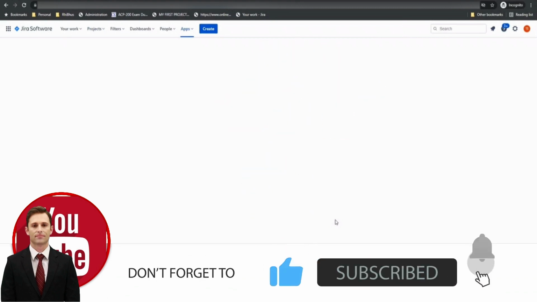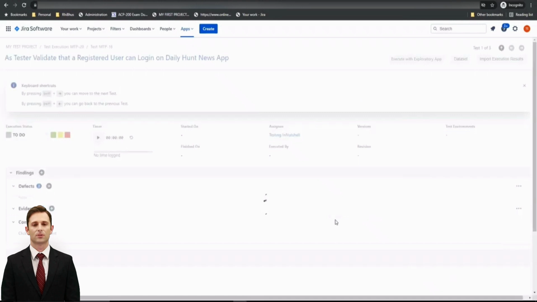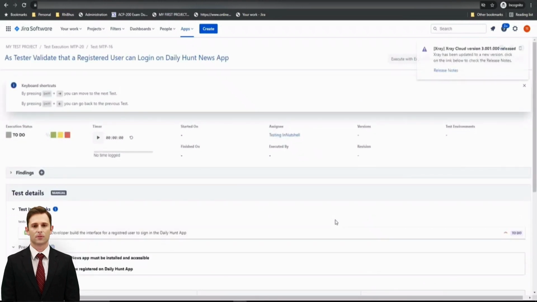completely different window, which is the Xray Executor. And this Xray Executor window will give you the interaction and the interface which you need for running a test. Now that's the window that you're looking at right now. If you see here, I've got the summary on the top. I see the hierarchy that the test which you are running belongs to Test Execution MTP20 and belongs to this